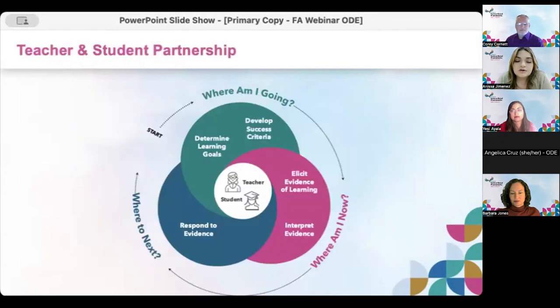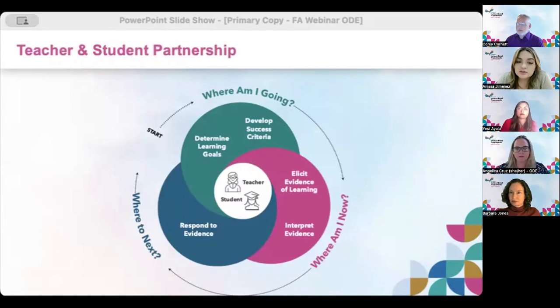All right, so we can see there that they were taking responsibility for their own learning and through engaging in that peer feedback. And when the role shifts to students being able to elicit, interpret, and respond to their own evidence, truly the learning becomes a shared experience. And students develop ownership in the classroom and how the learning is done. And thinking back to earlier in the presentation, this is how in this specific content, it will lead to literacy